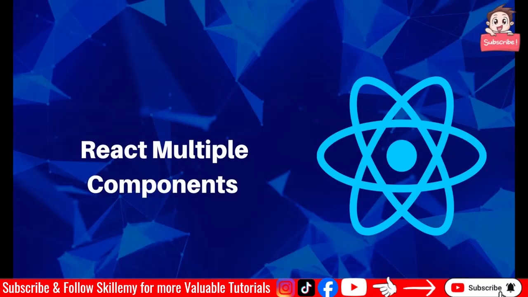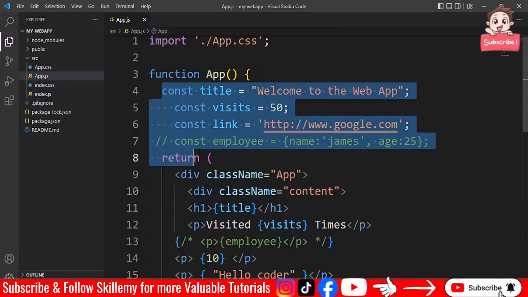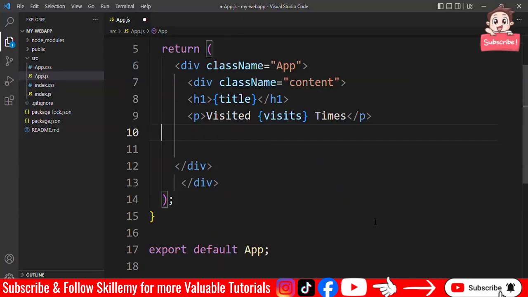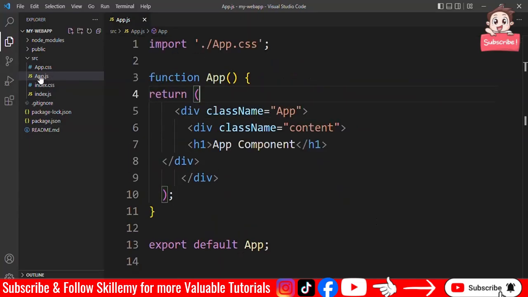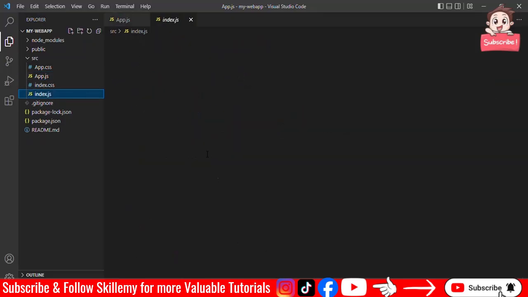So we have a single component so far in our web app, and in this tutorial we are going to learn about multiple components in React. Now so far we have a single component in our application, and that is this one right here, this app.js, and this is known as the root component of the application, meaning it's the first component that gets rendered to the DOM, and it sits at the very top of our application, and is the thing that this index file